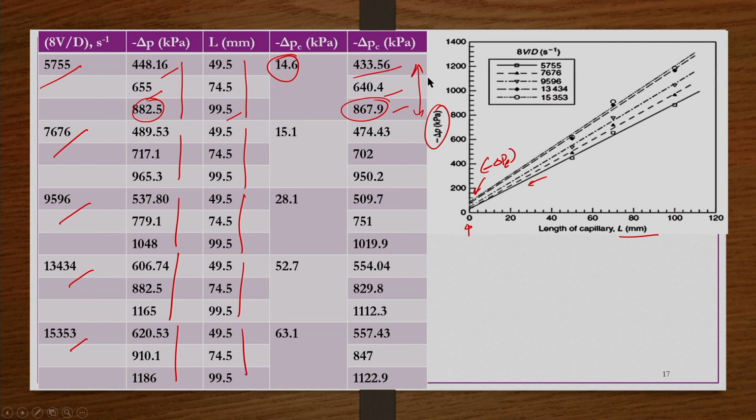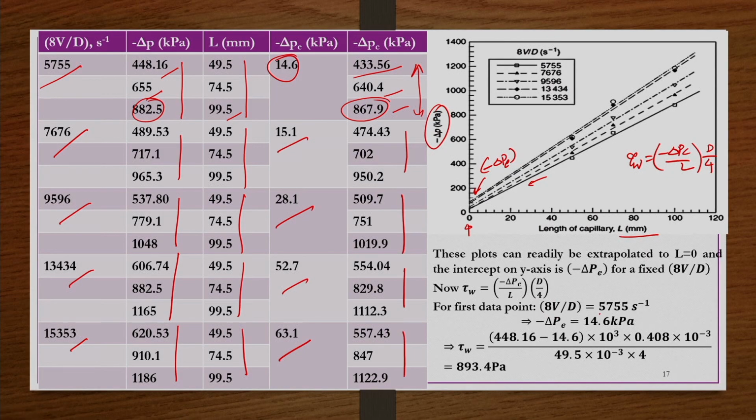Okay. So, this delta Pc you will be using: tau w is equal to minus delta Pc by L multiplied by d by 4 or r by 2. Like that, for other values of 8V by D you find out what is minus delta Pe and then the corresponding delta Pc values. So, let us say first data point, 8V by D 5755 second inverse, delta Pe we got 14.6 kilopascals. So, corresponding tau w would be 448.16 minus 14.6, that is nothing but